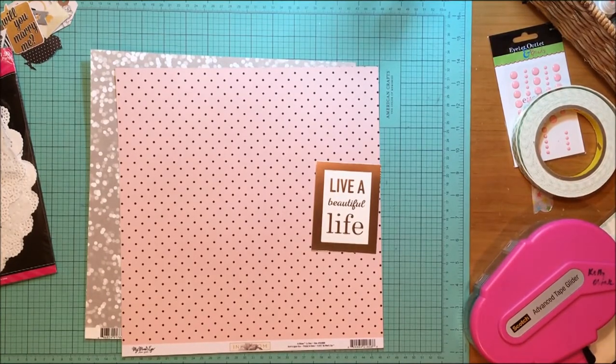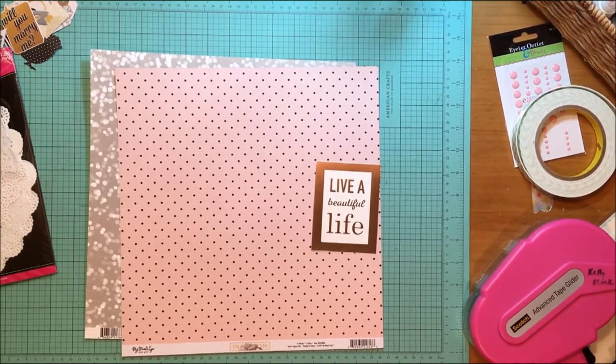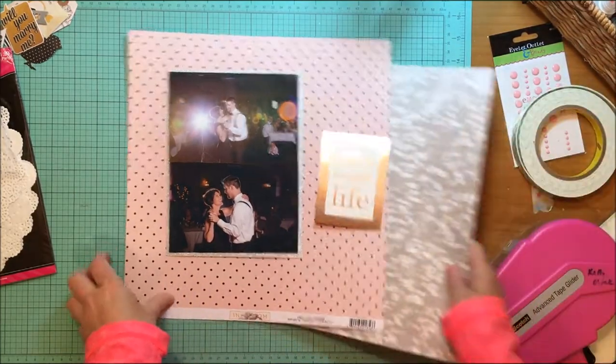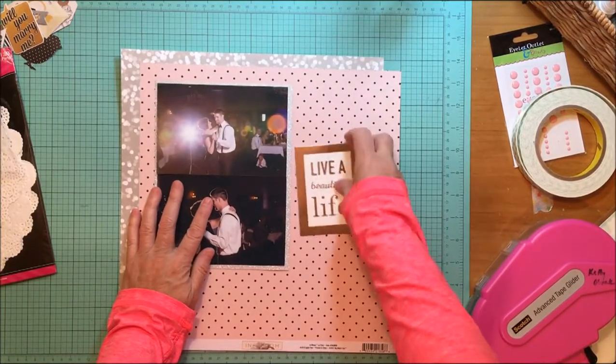I had cut some stars out of there, and I'm just covering those up because you're really not going to see much but the border here. And I wanted the glitter paper because I wanted some sparkle and bling. There's the lighting in these photographs, which I did not take, the professional photographs from the wedding. The lighting in these photographs is just amazing, really. And then you see that one big light sort of behind my sister's head, and I really just